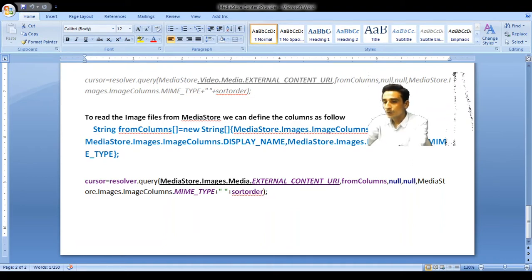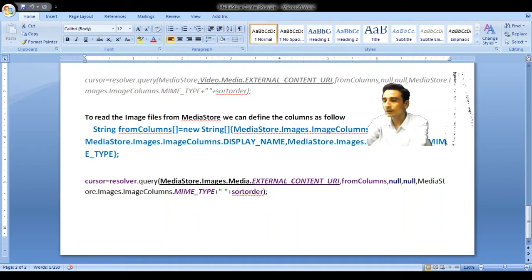Now cursor equal to content, we need to retrieve content resolver, okay. Content resolver is equal to getContentResolver, then contentResolver.query, okay. Here the first argument is the URI of the media store content provider, okay.